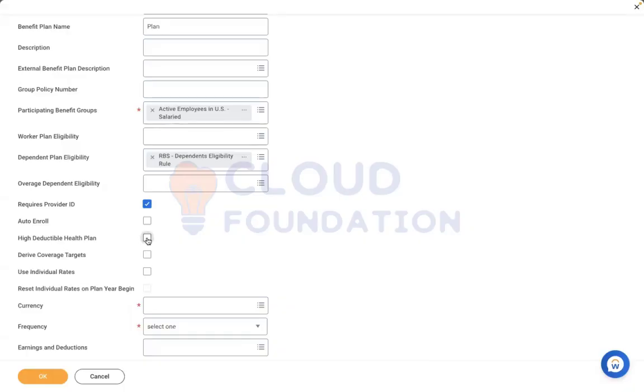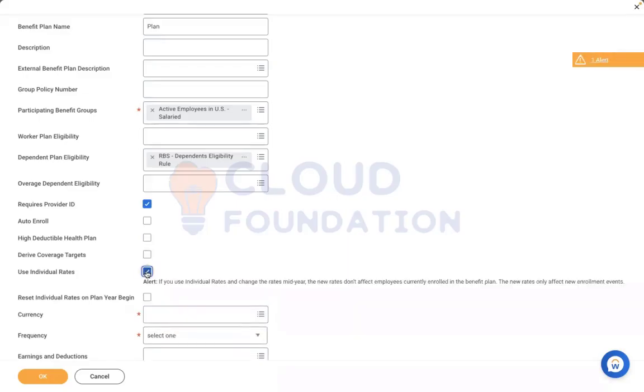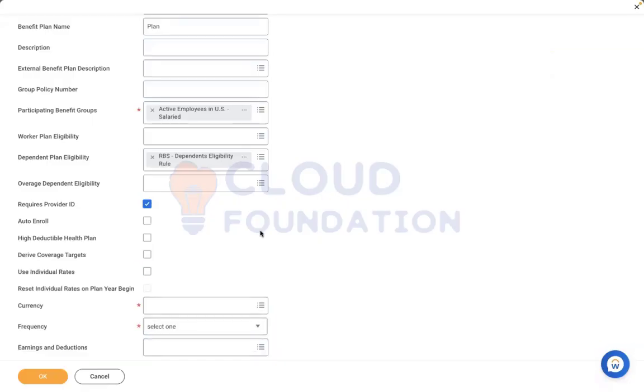Is it a high deductible health plan? The payroll team requires these details to adjust the tax funds. If it is a high deductible health plan, select this. For the payroll team, it doesn't play any key role. Now, use individual rates. If you are maintaining these rates in an external system, then we'll select the checkbox so that you will get individual rates. Don't worry, none of the customers are maintaining an external system, but there might be scenarios. For example,